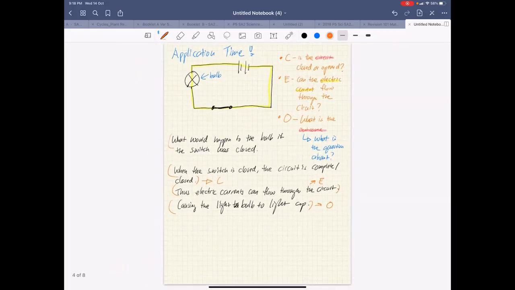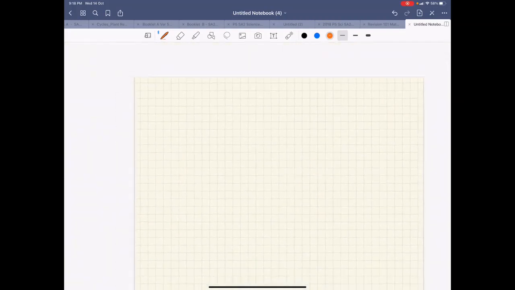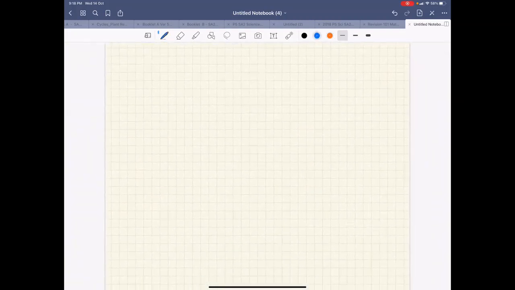Alright, so moving on, the next part I would like to talk about is electrical conductors. This is a very simple